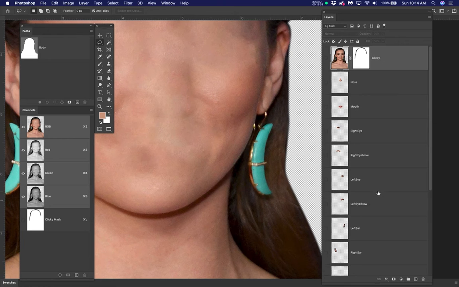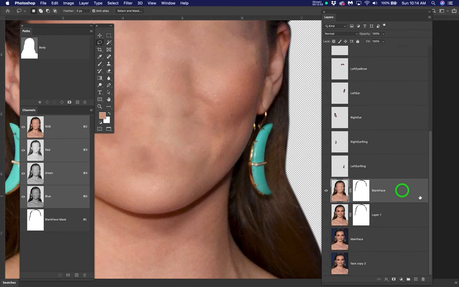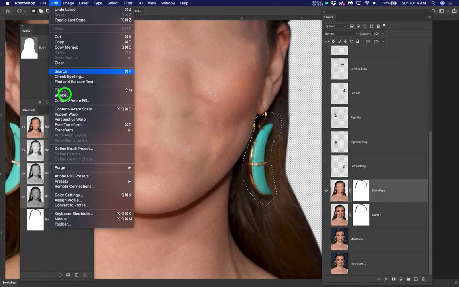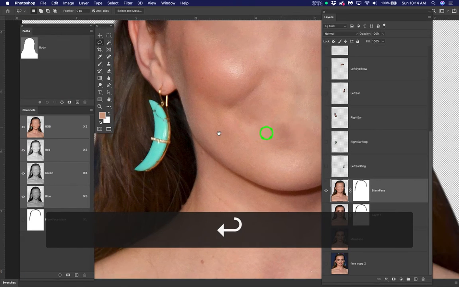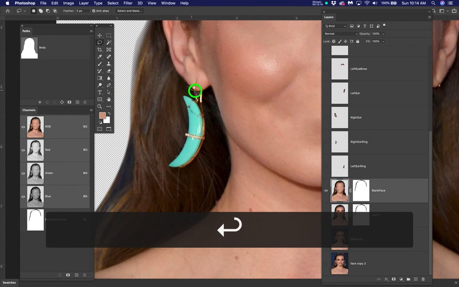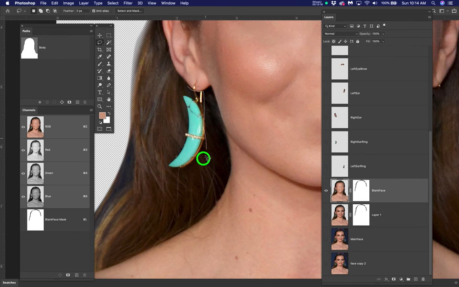Now let's make sure we're selected on blank face, because I want to take away her earrings. So let's just come around like this with a lasso. Make sure I don't touch that cheek. And now go to Edit, Fill with Content Aware, and it'll fill fine. It'll just be fine. Now let's go here. Let's just grab this. Let's come around. Now I don't like the lasso I just made, so I can either choose to deselect and do it again,